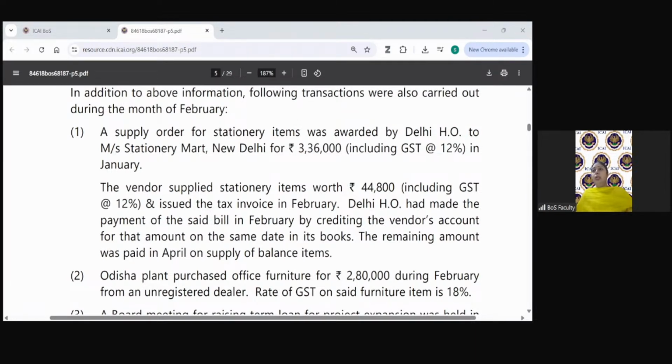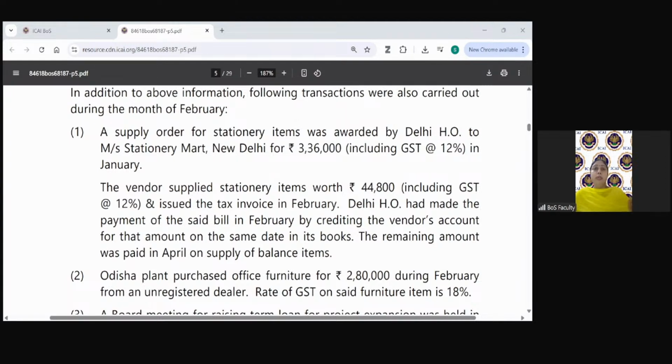Yes. Now you have got it right, because the point is that TDS has to be deducted on the payment which is being made in a particular month. Suppose your contract value is 10 lakh rupees, but you are receiving the stationery or whatever goods supplies in bits and parts. Whatever payment you are making at a particular point of time, from that payment you have to deduct TDS. You cannot deduct TDS on the entire contract value when you are making a payment. So this is an important point. Students get confused in this.